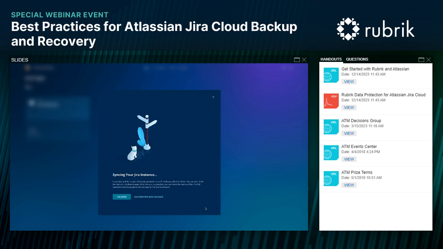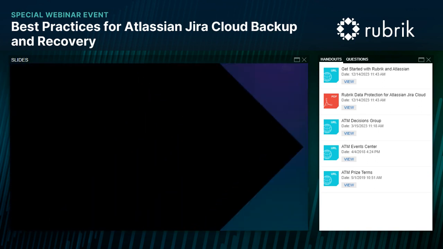With that simple setup, Rubrik will now run through a process to scan and back up the Jira Cloud environment, including the selected site, projects, issues, and attachments. It will also understand the relationships of data on the platform. This could be subtasks associated with a parent task or something larger, such as a collection of stories within an epic. Let's jump over to Jira Cloud to take a look at an example.